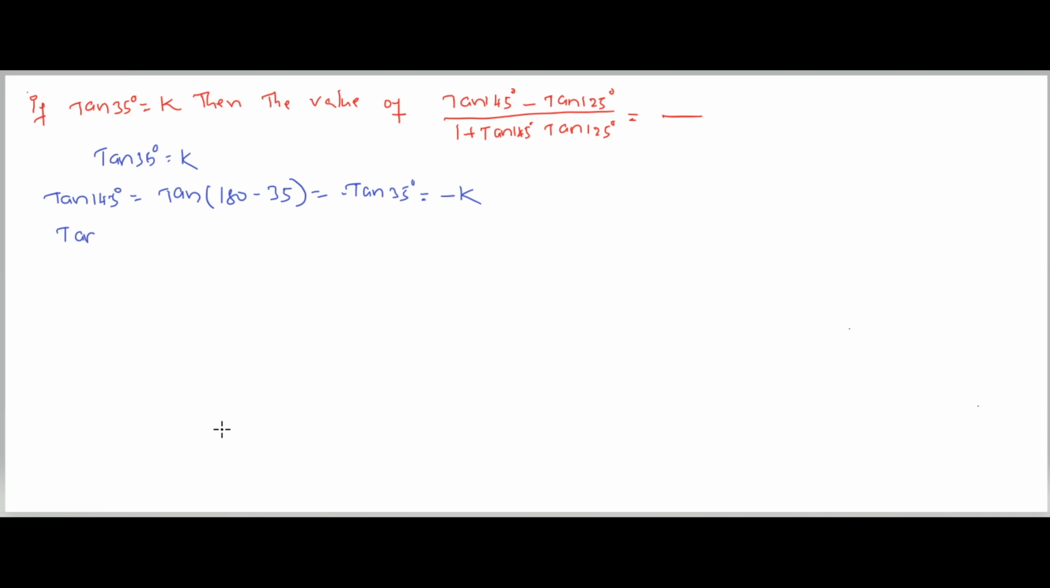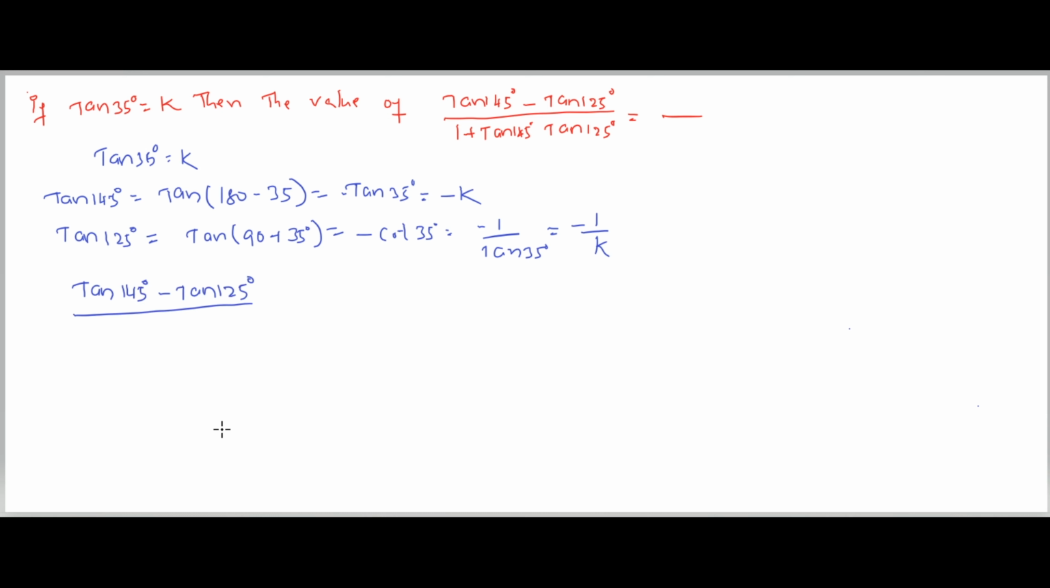And find the value of tan 125 degrees. Tan 125 degrees is written as tan of 90 plus 35 degrees. 90 plus theta lies in the second quadrant. In the second quadrant, tan is negative, that is minus cot 35 degrees. This is written as minus 1 by tan 35 degrees, that is equal to minus 1 by k. Substituting these values in this equation, that is (tan 145° − tan 125°)/(1 + tan 145° tan 125°)